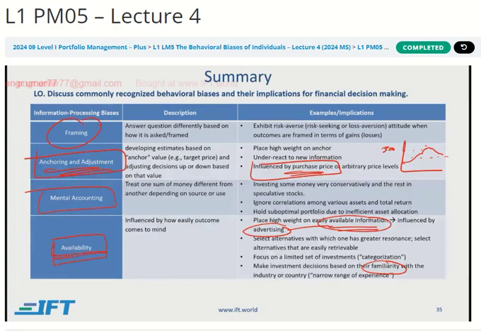And framing is how the question is framed. So not just taking the probability into account, but you should also take the amount into account, calculate the expected value, and then take decisions based on that, not just because of whether the question has been framed in terms of gains or losses.